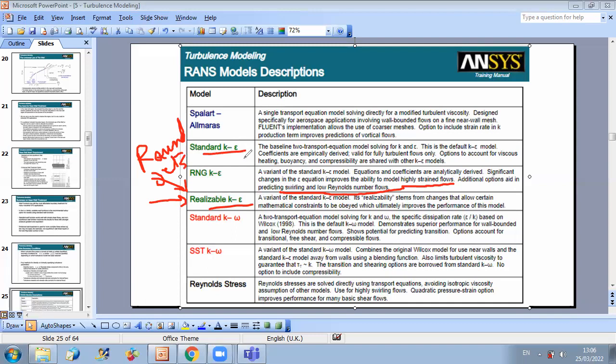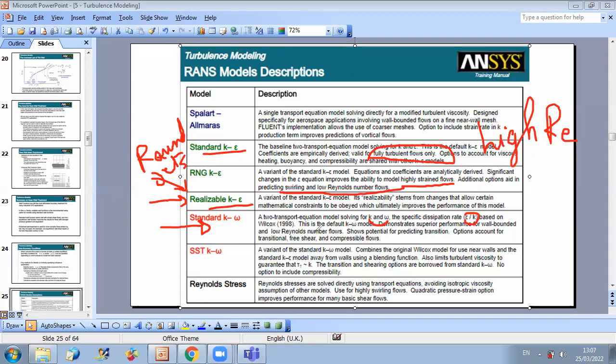Now, we mentioned that a standard K epsilon model in general is good for fully turbulent flows, so for high Reynolds numbers. But what if we have an application with relatively small Reynolds numbers? We have seen that the standard K omega can be an option. It's also a two transport equation model that will relate K and omega. Omega is the specific dissipation rate, as we mentioned before, and it's related to the ratio of epsilon over K,